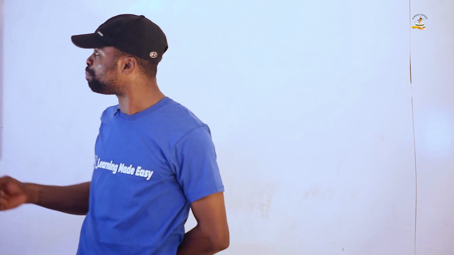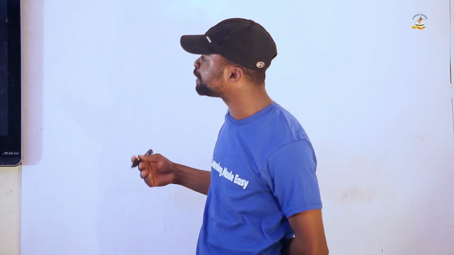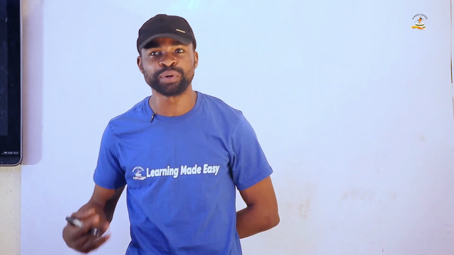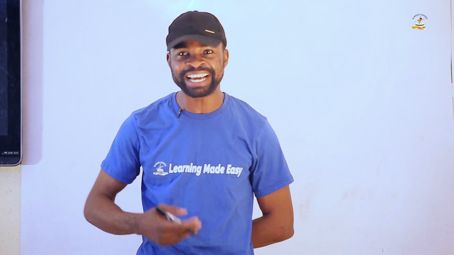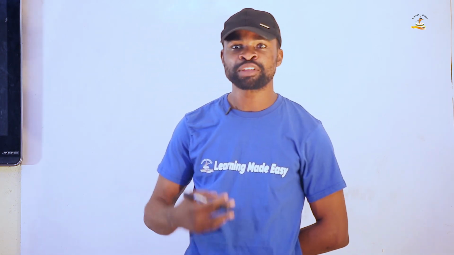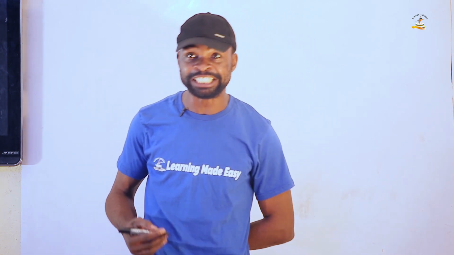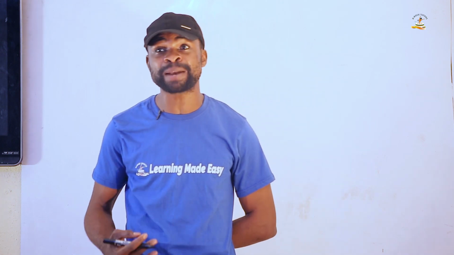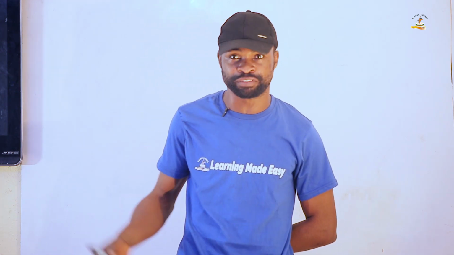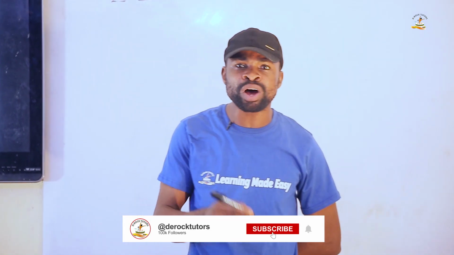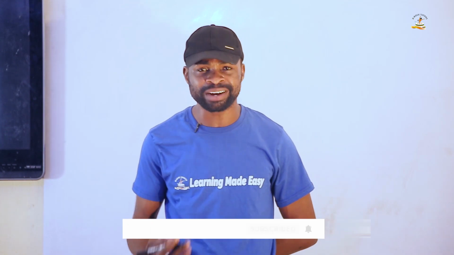The property of binary operation that we are required to obtain here is the identity element. By the way, what exactly do we refer to as identity element? An identity element is also called a neutral element. A neutral element is called an element of no effect, just like the usual way. If you multiply 1 and 2, the result is 2. Despite that you have multiplied two numbers, the result is still one of the numbers. 1 multiplied by 2 is given to be 2, meaning that 1 is a neutral number because it has no